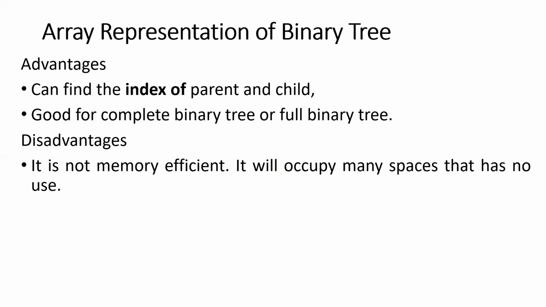We have seen in the last class the types of binary tree, right? If you are going for array representation, it is much more useful in the case of a complete binary tree or full binary tree. In a binary tree with either 0, 1, or maximum 2 children, sometimes we will have null values. In the example I had kept, some nodes have no child, but still we have to store the null value in the array. So it is a waste of space. So it is best for the representation of complete or full binary trees.